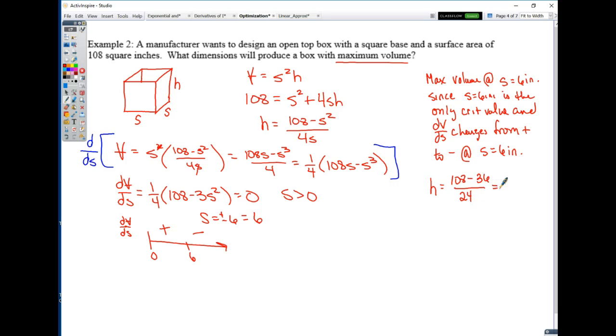108 minus S, 6 squared is 36, divided by 4, times 6. I believe the answer is 3 inches. So in this problem, S equals 6 inches, H equals